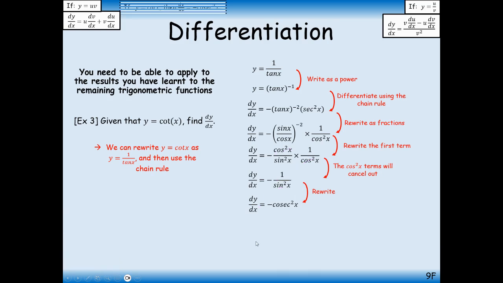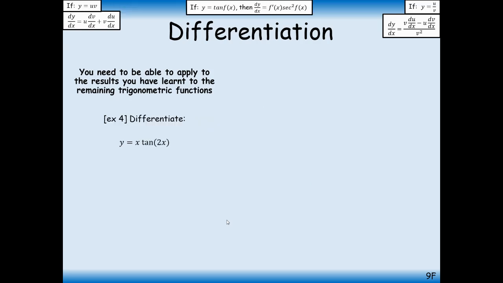We can add that to our toolbox there. So let's look at the next example here. So x is multiplied by tan of 2x here. So we can see that we can break this up into a product of x and tan of 2x and